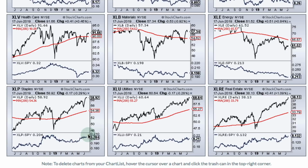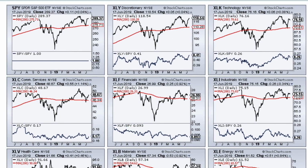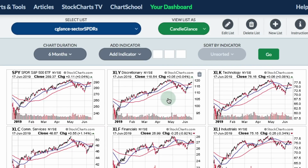So price relative rewards volatility is what it does. And XLK and XLI are more volatile, and so they will tend to be more rewarded when it comes to the price relative and making moves. So you can see XLK, that price relative there, hit a new high along with the ETF there in late April, early May. You look at consumer discretionary, the price relative hit a new high. So what are the alternatives? Well, the alternatives are I can go to a normal candle glance style, and I can go 6 months,